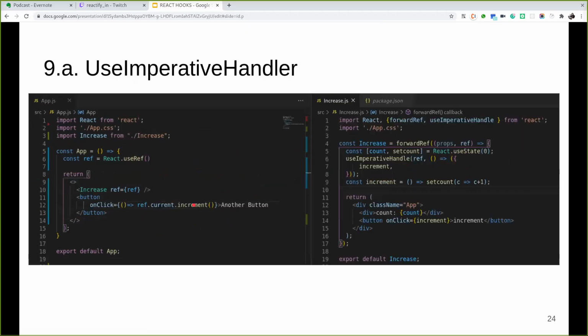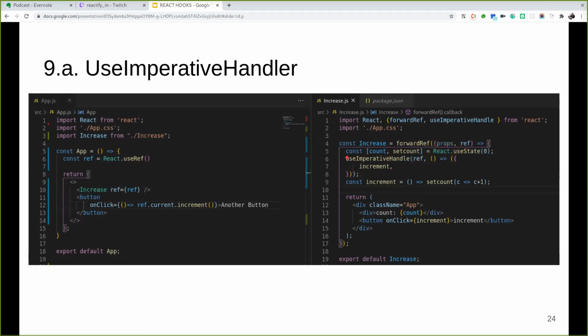What it will do is we'll create a reference using React.useRef, and we'll pass this reference in our second component, that is the increase component in this case. To get that reference, we'll use forwardRef with props and ref arguments.